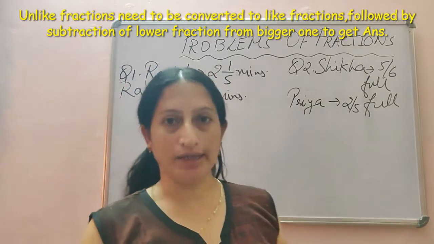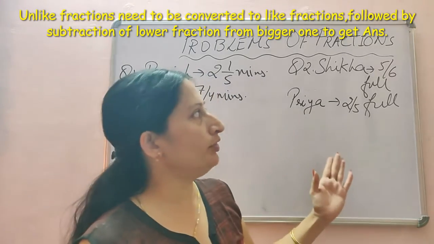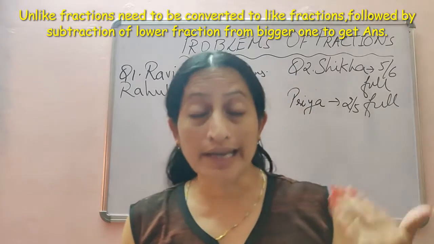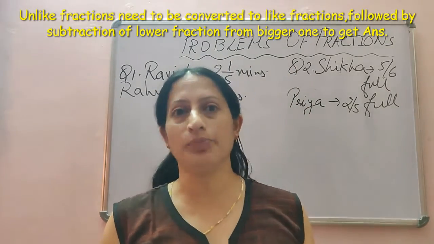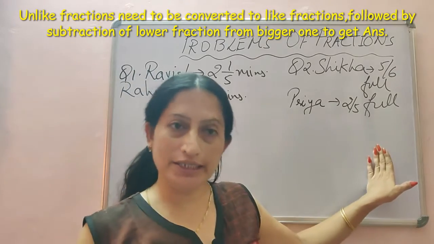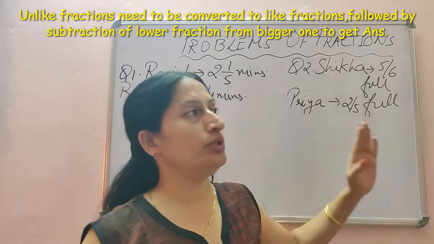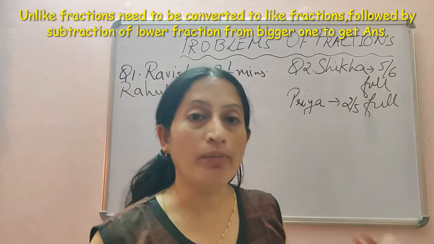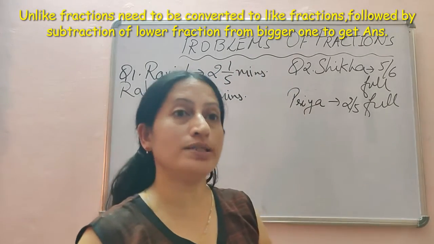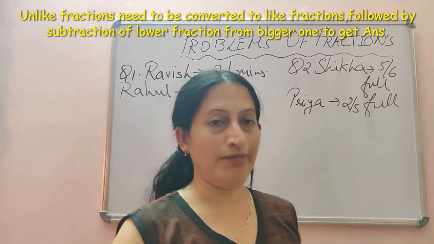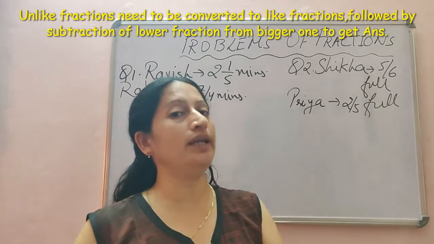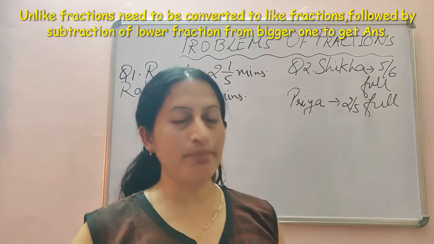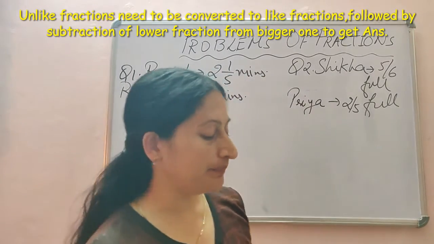Now I have to find out whose bookshelf is more full of books and whose shelf has fewer books, and by what fraction the shelf with more books has more books, given that both bookshelves are the same size. So let's do the sum and we can understand by the sum.